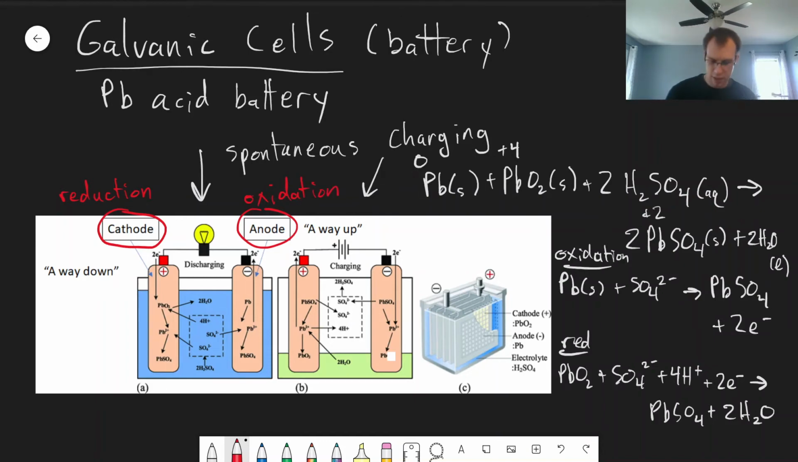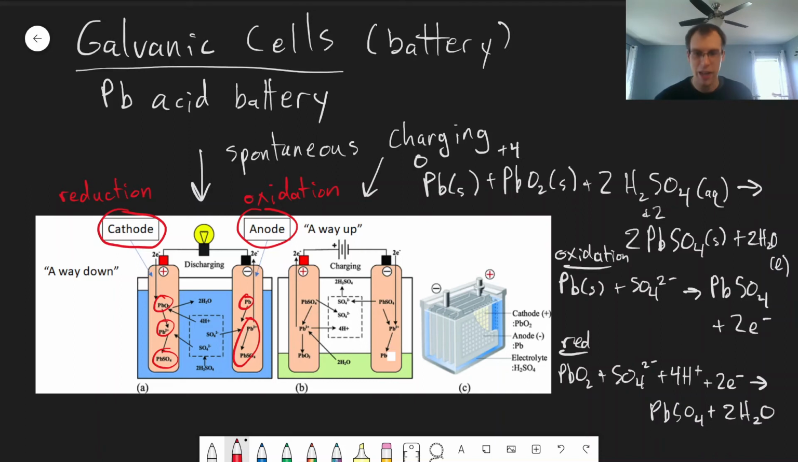And you can see in this figure that we have here, at the anode we have that oxidation reaction happening, right? We have the lead is turning into lead sulfate. Whereas on the reduction side, we have the lead oxide turning into lead and then forming this solid, turning into lead ions. All right, so